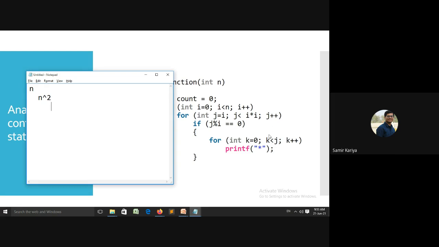Okay, and inner for loop means again the next one, the third for loop, k is equal to 0, k less than j. So what is j? j is also here n square. That's why you simply write here n square. And the multiplication of these 3, so that's upper bound n raised to 5.